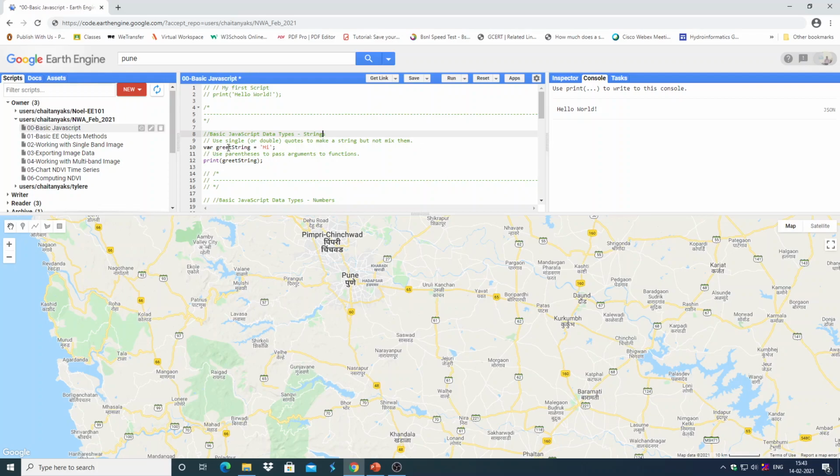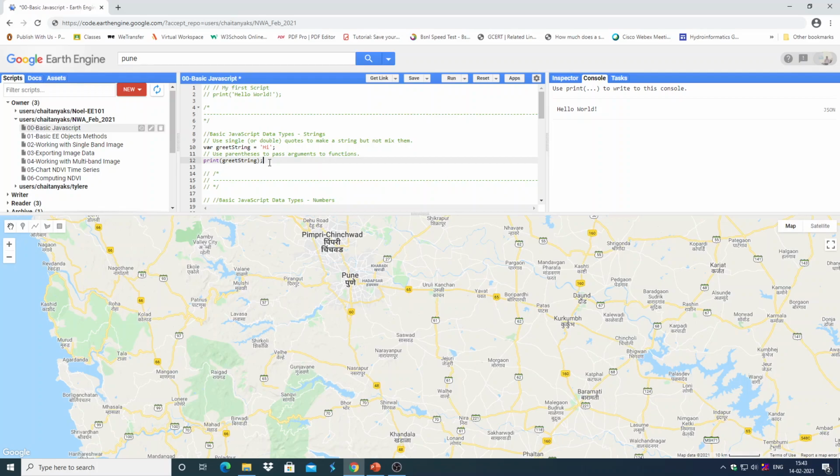So here we are declaring a variable with the keyword var, and we are naming the placeholder, the name of the variable, as greetString, and we are passing this string with single quotes into this variable, and we are trying to print the same. Print is actually a simple function.